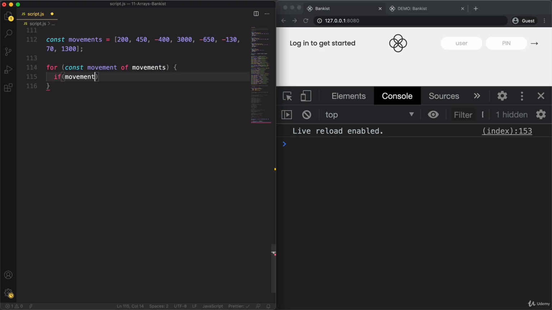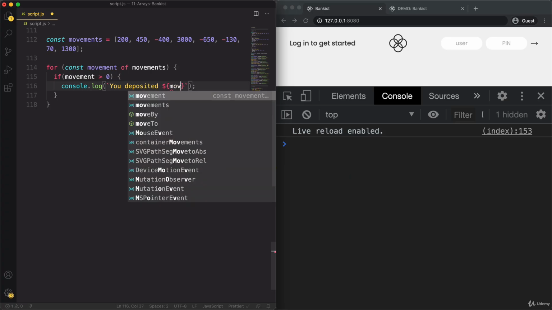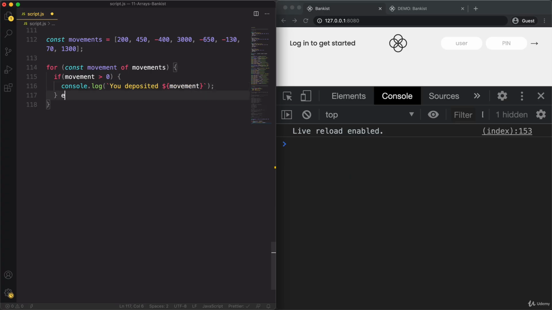So basically, if the current movement is greater than 0, then log to the console, you deposited and then the movement, and else, you withdrew